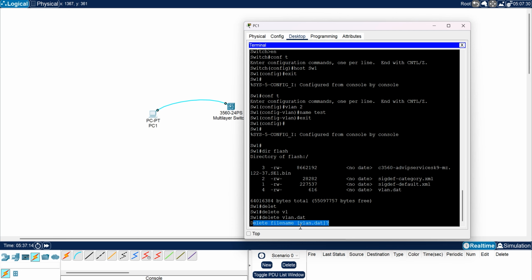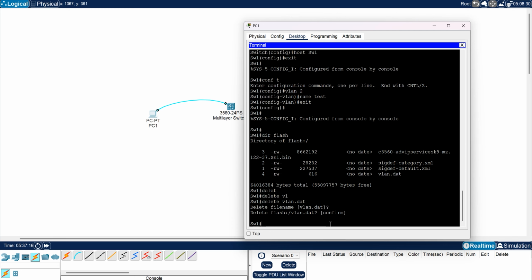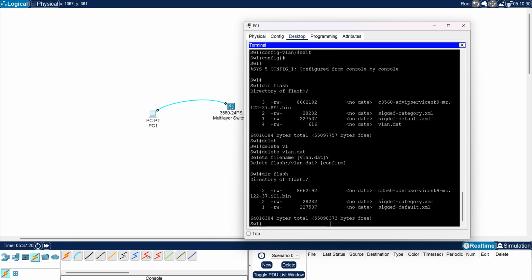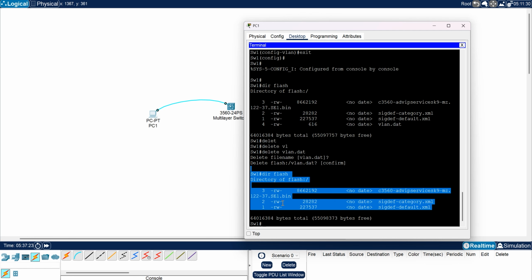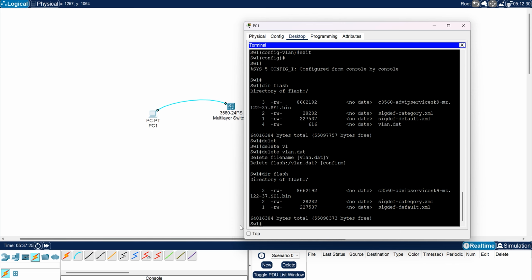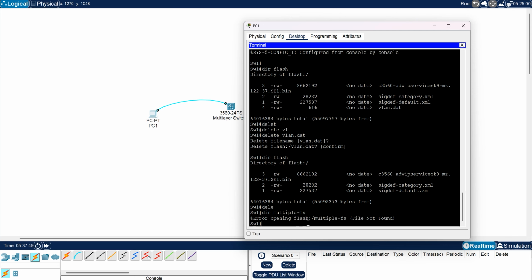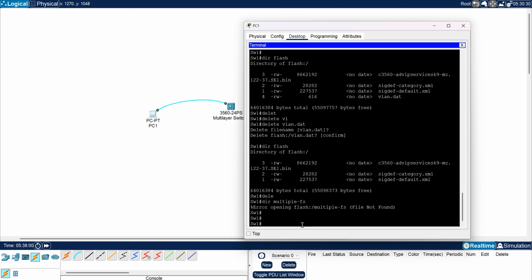This is the enter, and let's check what happened. Yes, we deleted our VLAN database, and now we need to ensure the full startup configuration and sensitive settings like RSA keys are removed. So all things are in a multiply FS,